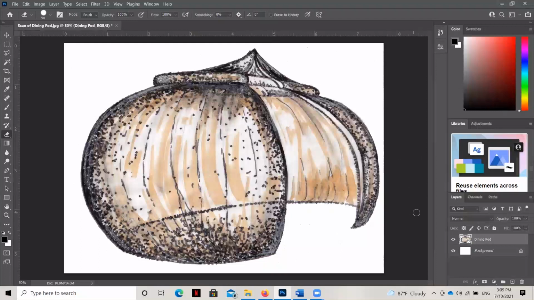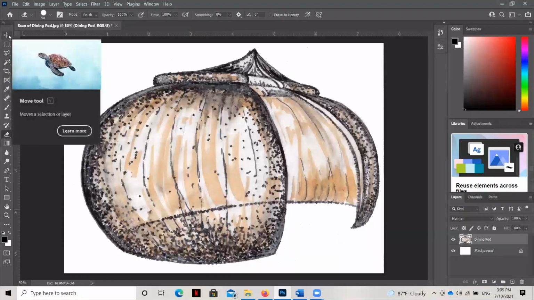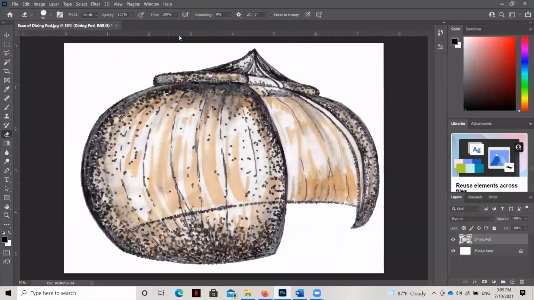We're not going to mess with it too much, but I do want to draw your attention to a couple of other commands here. The first one is the transform command. If I hit Control T, you can see that I now have some grips here that I can adjust. And the transform tool is going to become really important later on when we try to size this.